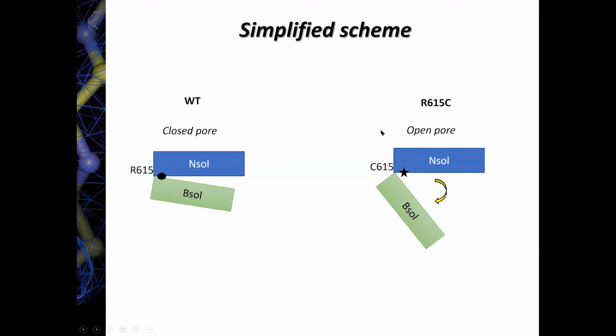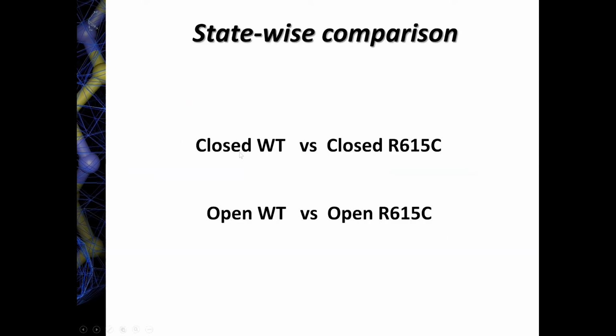Okay, so obviously wild type, disease mutant, it's a gain of function. It's kind of expected that opening is facilitated, but of course under physiological conditions, this mutant does not always display an open structure. Obviously it's still a channel that gates. So if we want to get a full picture of what's going on, we really would want to compare all the different states. And minimally, we'd like to compare a closed wild type structure with a closed disease mutant and an open wild type and an open disease mutant. So right now we just have closed wild type and open disease mutant.